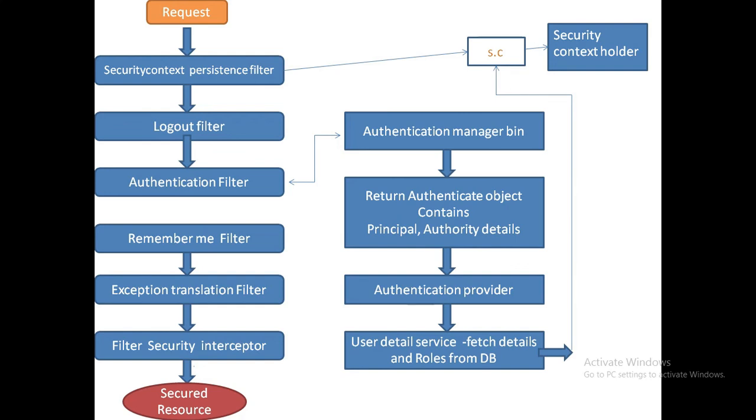And once we get this authentication object from the user detail service, it will populate it into the security context. Means this user is logged in, and if the user is logged in, then in the session you will get the security context, and in the security context we will get this authentication object. An authentication object has all the details about the user and its authorities. Hope so guys, you are clear with this kind of flow.